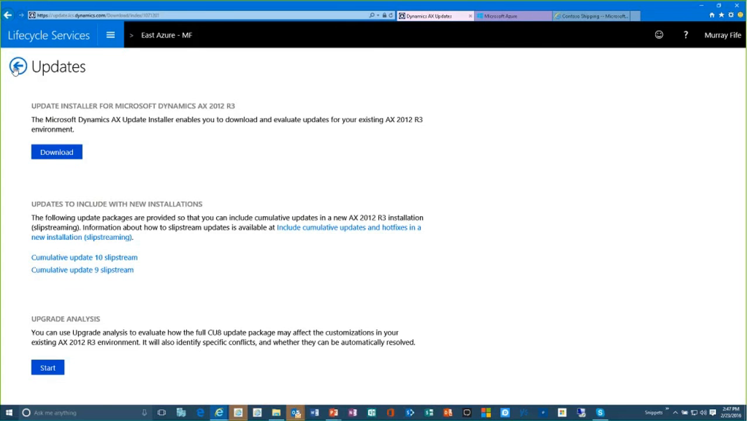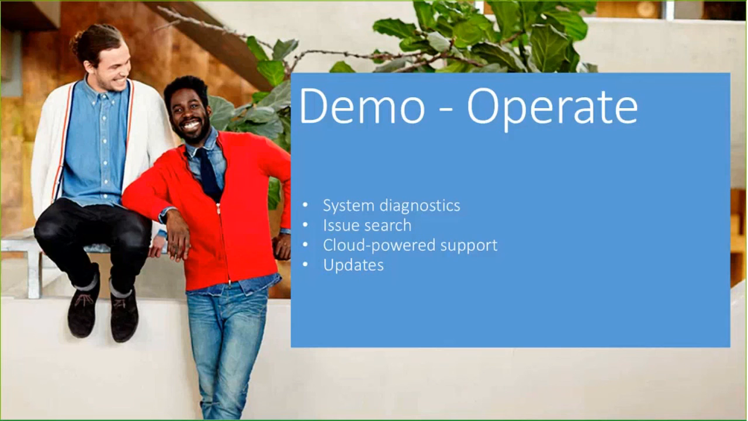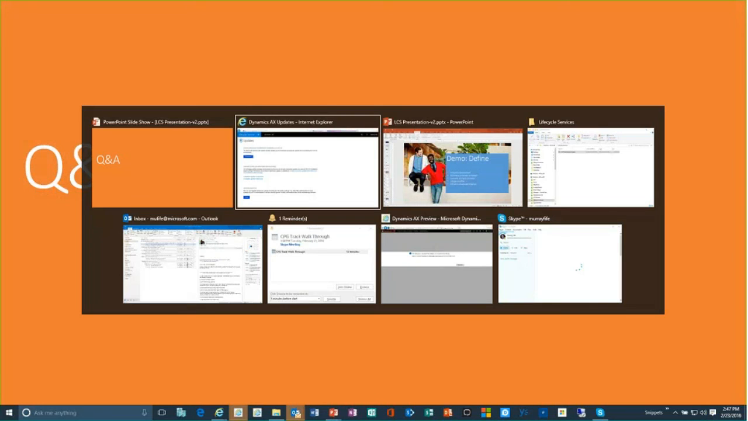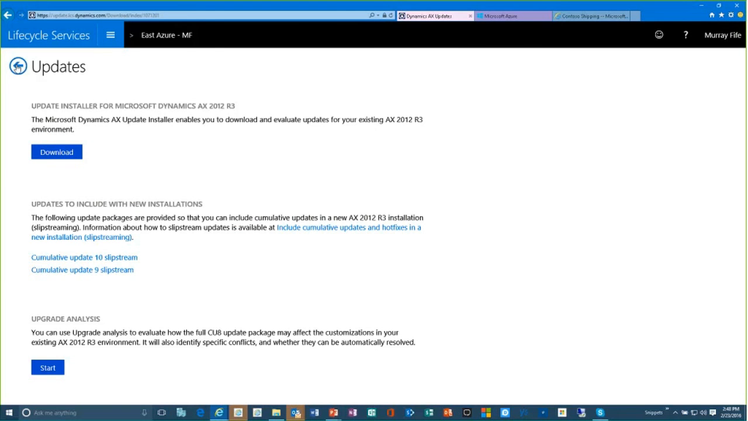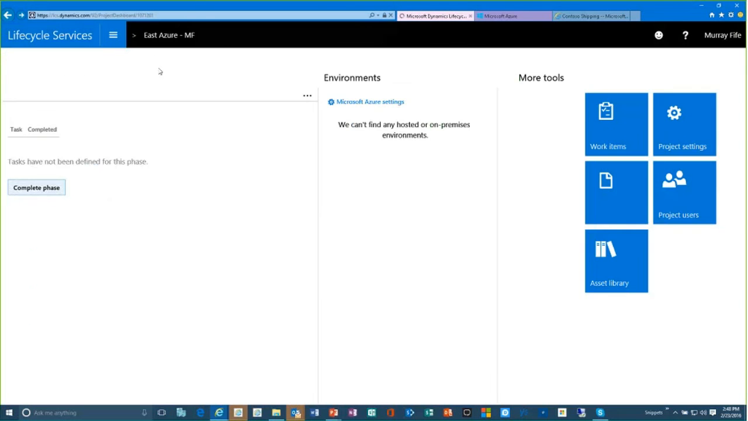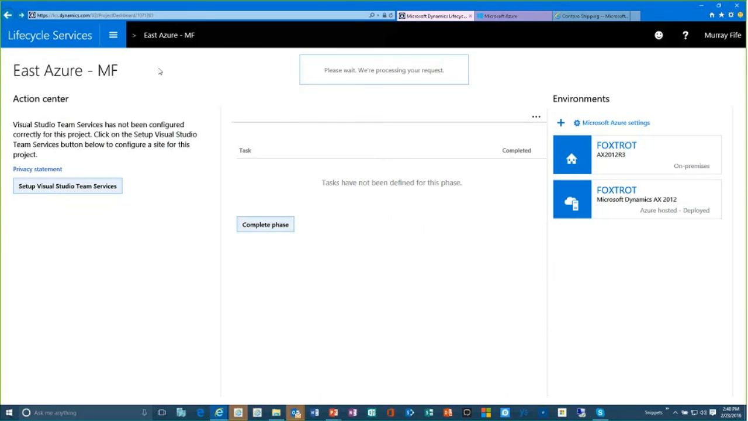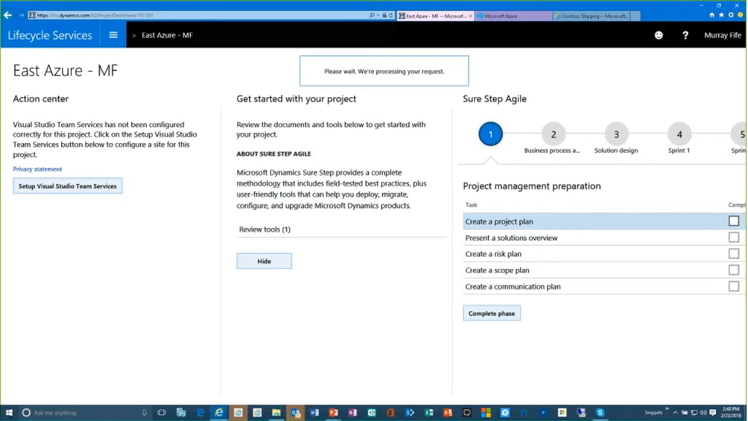So what I've done here is I've shown you a number of different things, and this is where I should stop, but I'm actually going to highlight one or two additional things about Lifecycle Services before we go into question and answer. So there are some additional components here within Lifecycle Services which are really useful. And if I return back to my Lifecycle Services main page,